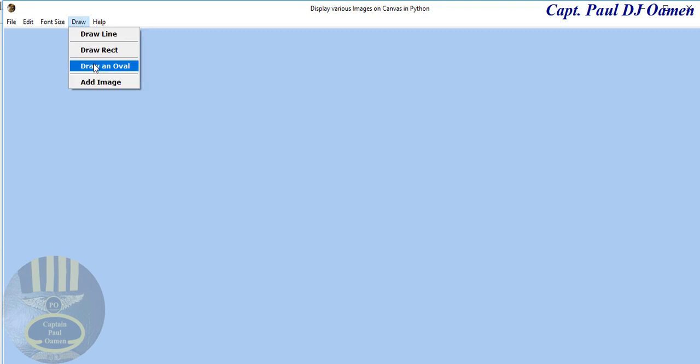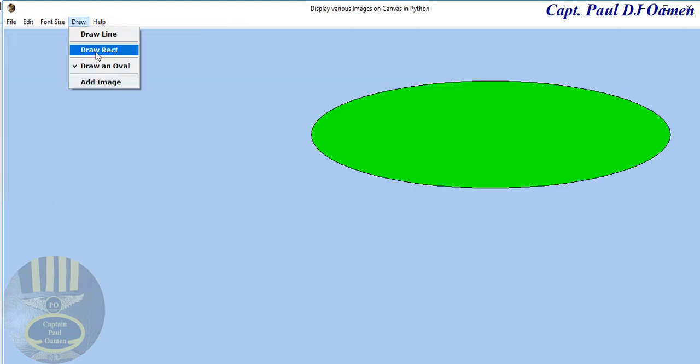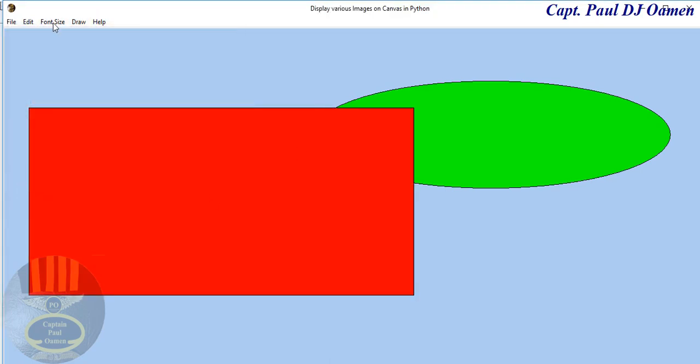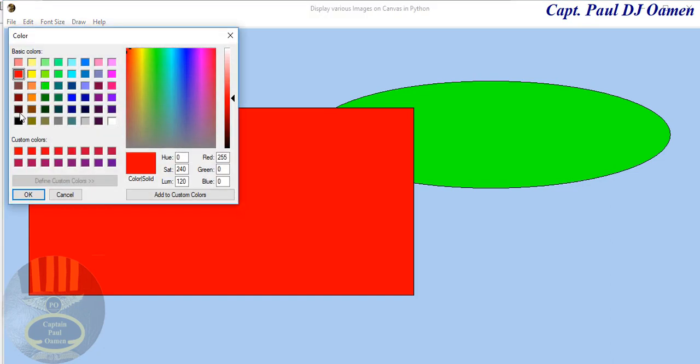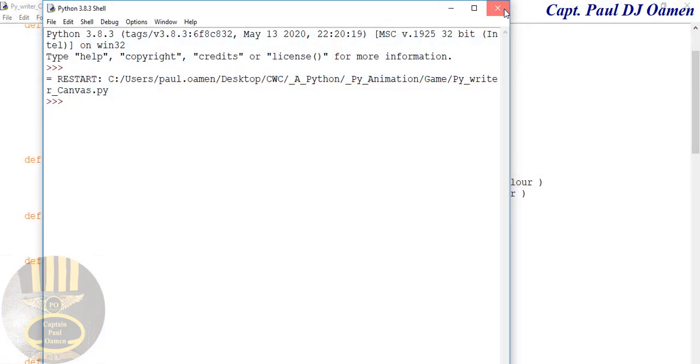Oval. Good. Let's try a rectangle. Let's hope it's changed. Yeah, that's fine. And the lines. Right. That's good. Okay, that's taken care of. Now we need